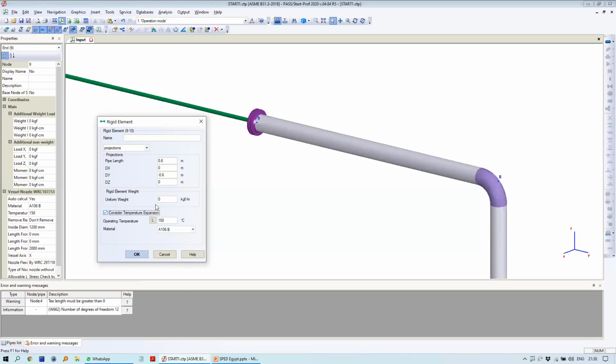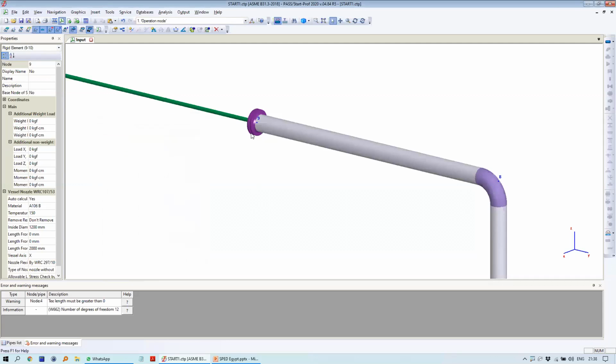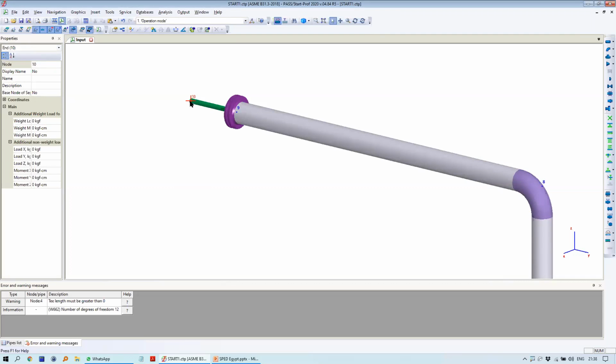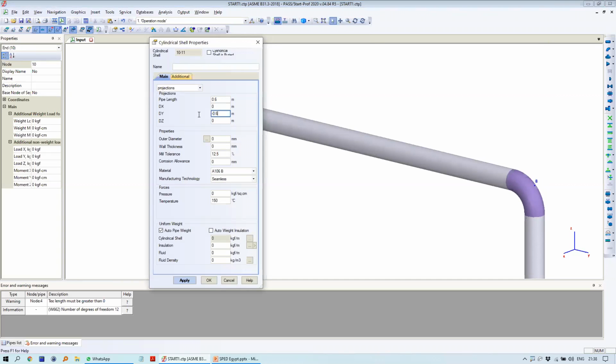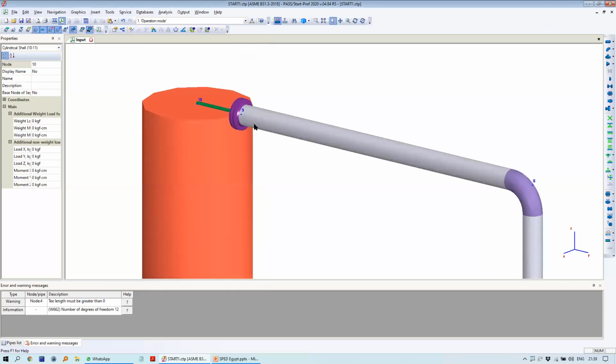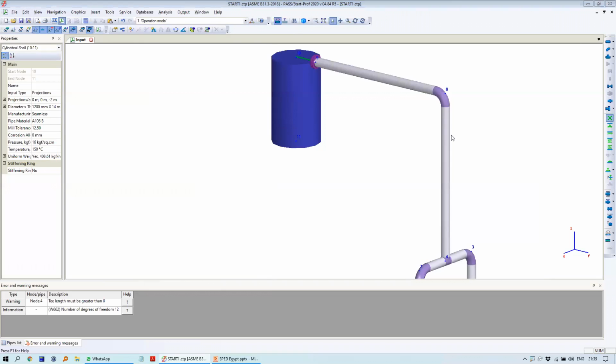And also you can consider the thermal expansion. And at this point you can add the cylindrical shell element in minus z direction by 2 meters. This is the diameter and wall thickness. The pressure is the same as on the pipe, and the fluid weight is the same. Actually, this is enough